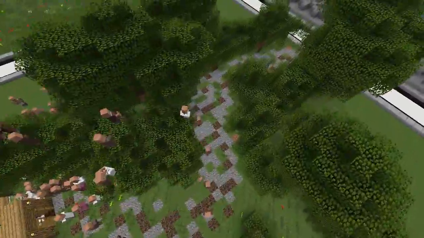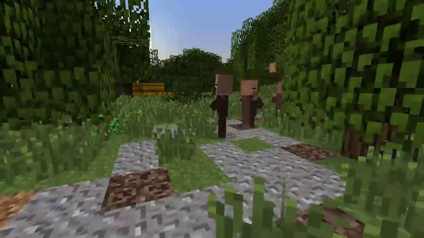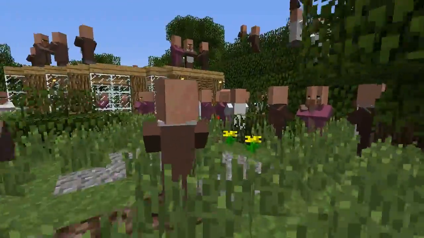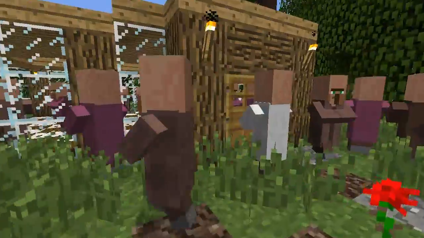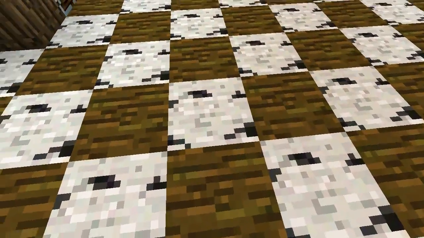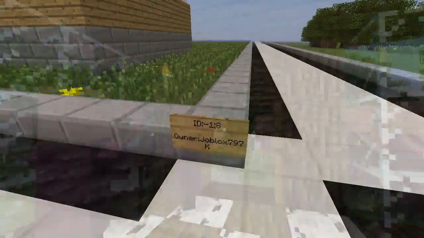It's a nice path, a bit muddy. Alright, we have a haystack in the corner there. We have every villager everywhere. Oh, that's an interesting floor design. Joe Blocks